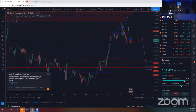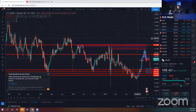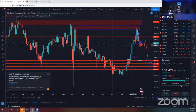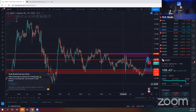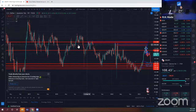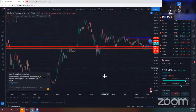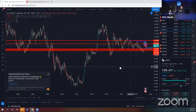Let's check the week, see if we have anything. For the week, it's either a possible retest or double bottom. USD JPY has been in a zone for a long while. So this could be coming down to